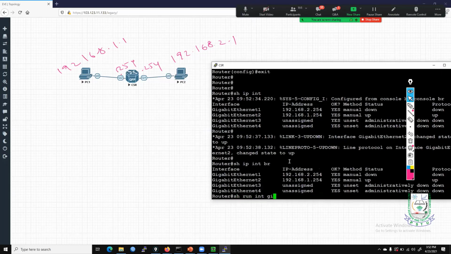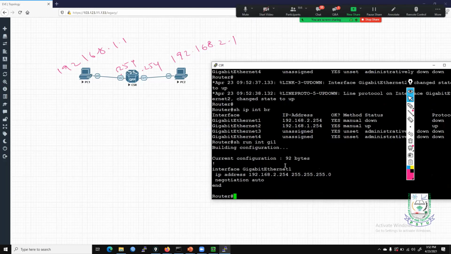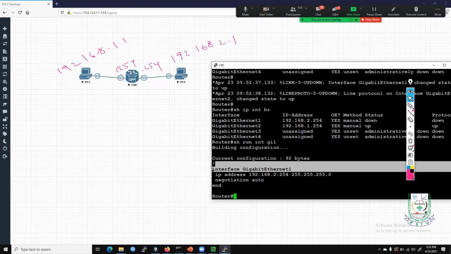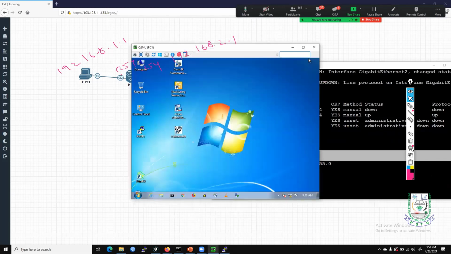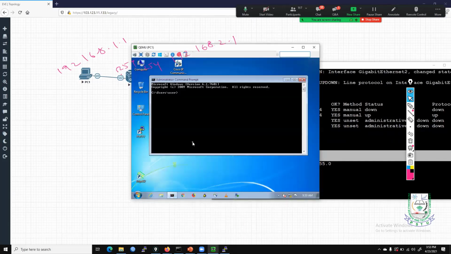Show an interface gig 1. Okay. So if we go back into the PC1, that's already come up. If you check the gateway of PC1, that is 192.168.1.254. Okay, so it's already